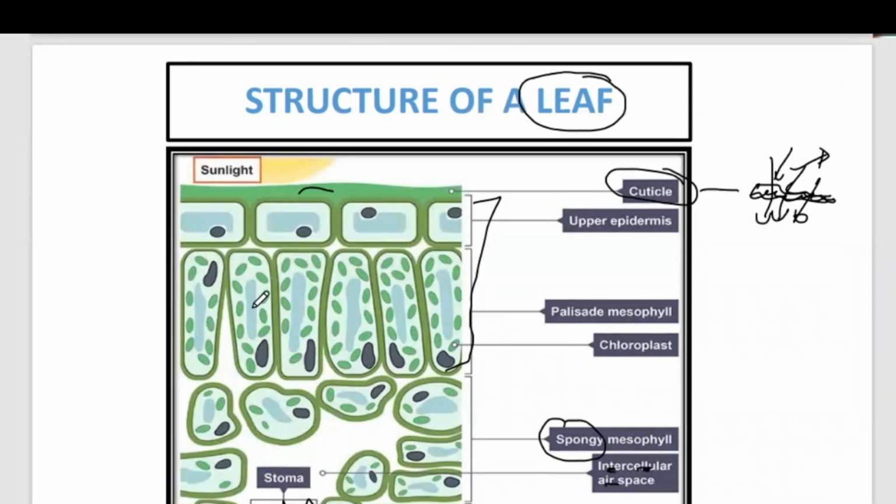So the palisade mesophyll is made up of columnar cells, or cells which are in the form of columns, and they are packed so that they minimize the space between these cells. Look at them, they are packed. There are very small spaces if you compare to these other ones. And there is a lot of chloroplast. These green things you are seeing are chloroplasts, so that it allows maximum absorption of this